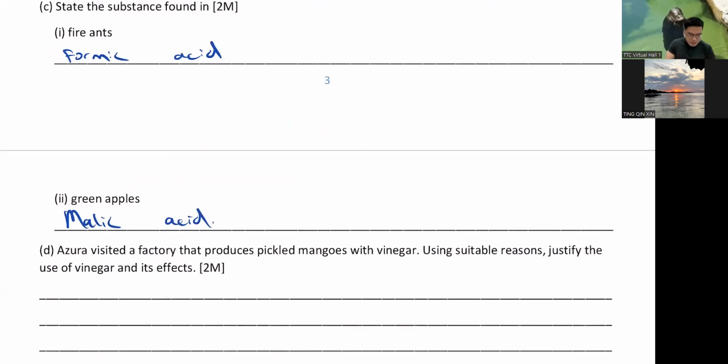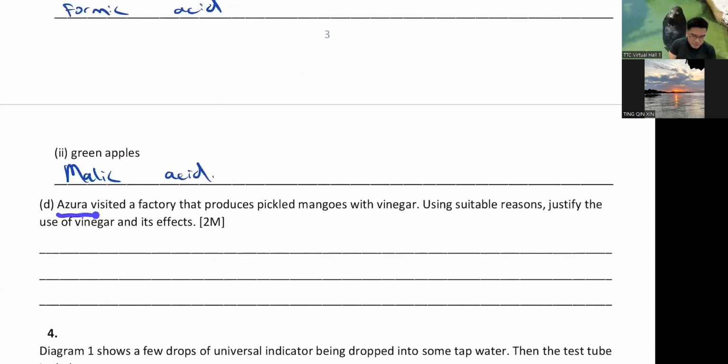Alright, and then D, Azura visited a factory that produces pickled mangoes with vinegar. Pickle 就是去醃了的啦。Okay, using suitable reasons justify the use of vinegar and its effect. Okay, very good question. 为什么我们要 preserve fruit pickle 你有吃过 pickle 有时你去吃 burger 的时候它里面不是有 pickle cucumber 的，OK pickles 啦，OK。